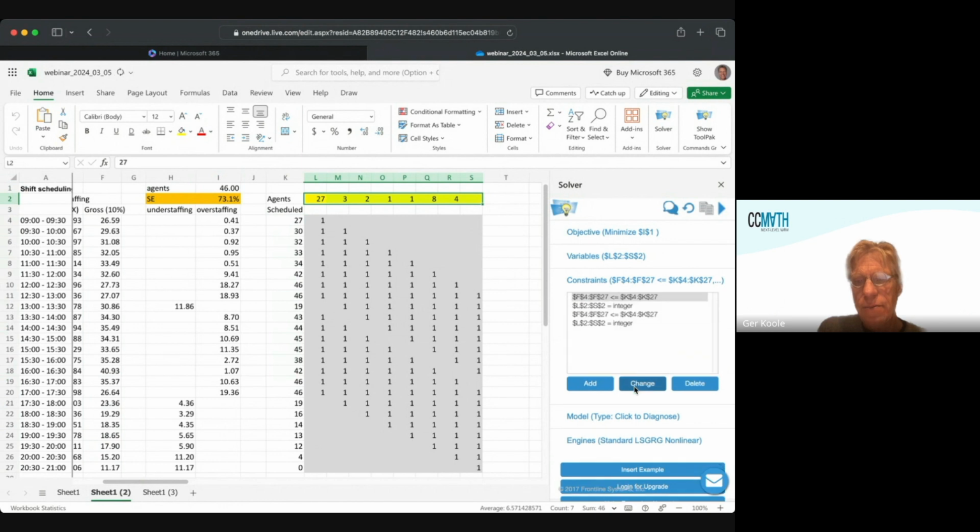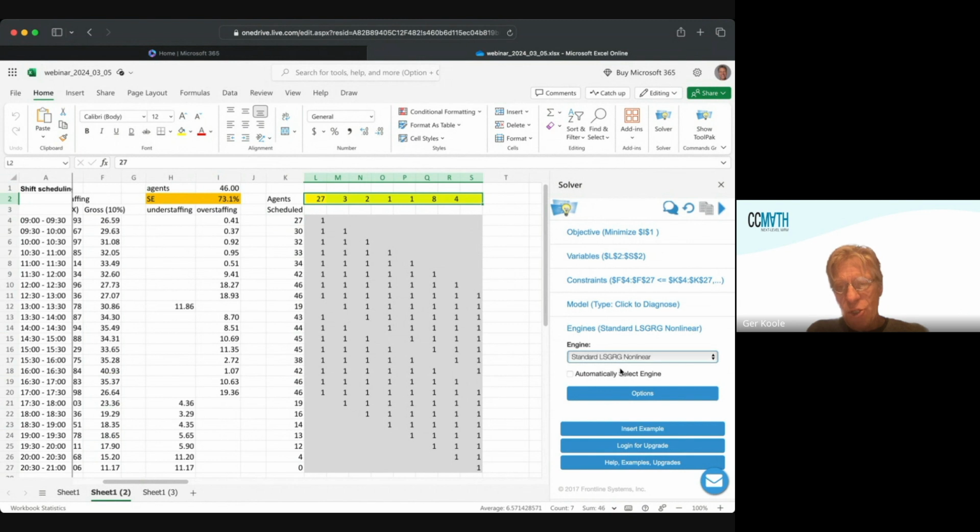I have to add that one as well. Now, for some reason, this one appears twice, perhaps because I already used it. So, oh, delete here. I'm deleting one. I'm deleting this one. So this looks okay. Now I know, and you can click here to diagnose, but I know